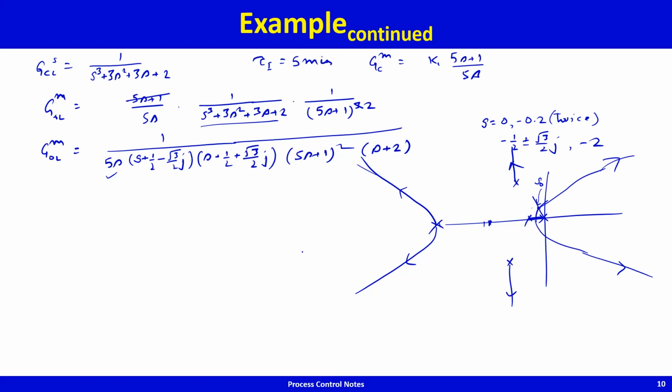This is a sixth order system, so we can't find the roots directly. So what we'll do is, if s naught lies on the root locus, it must satisfy the angle condition. If it satisfies the angle condition, then the angle subtended by pole number 1, pole number, because this is repeated twice,